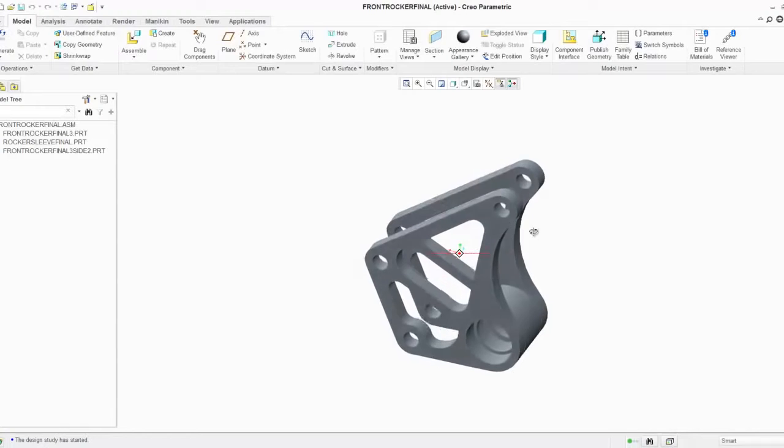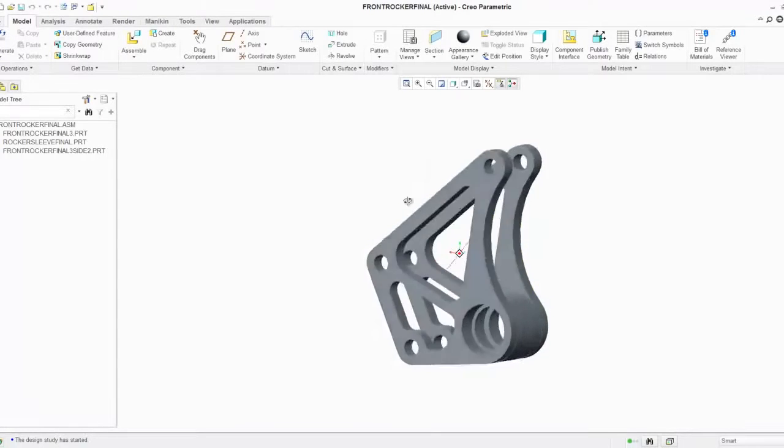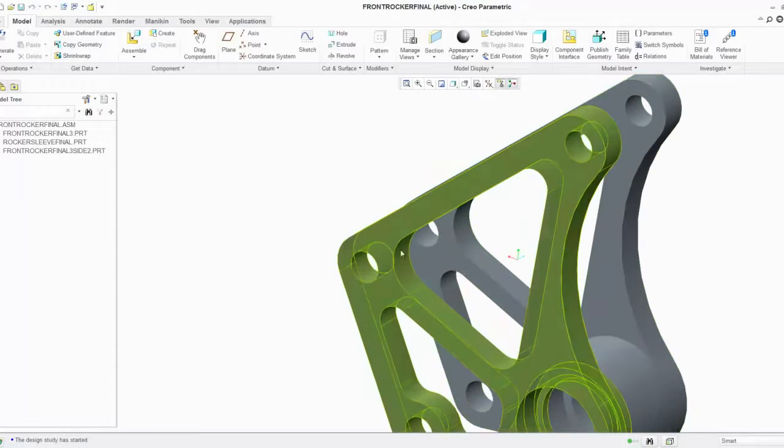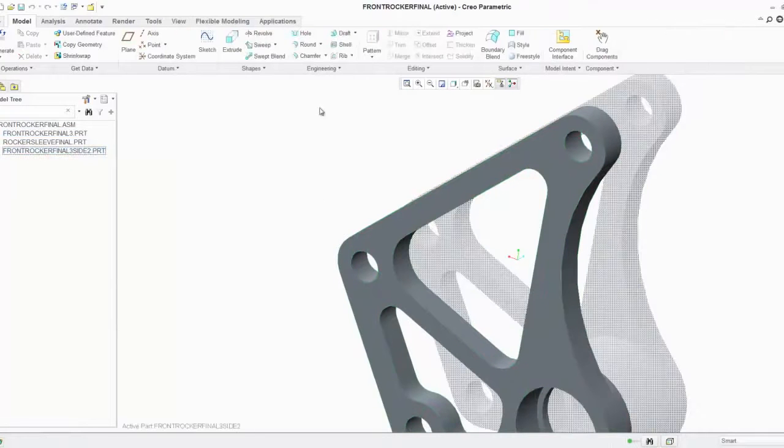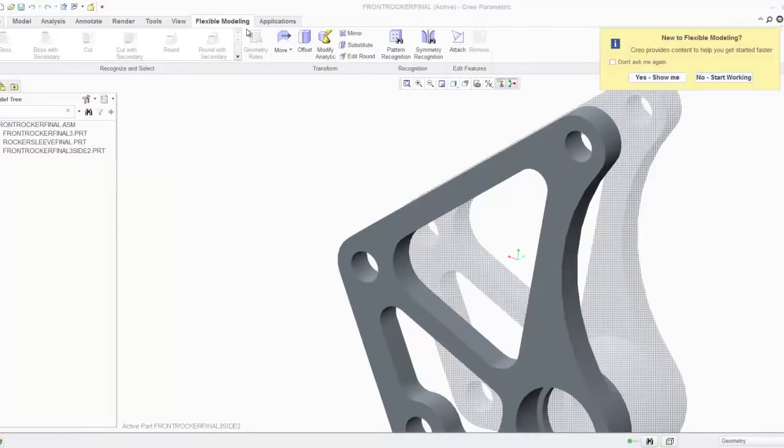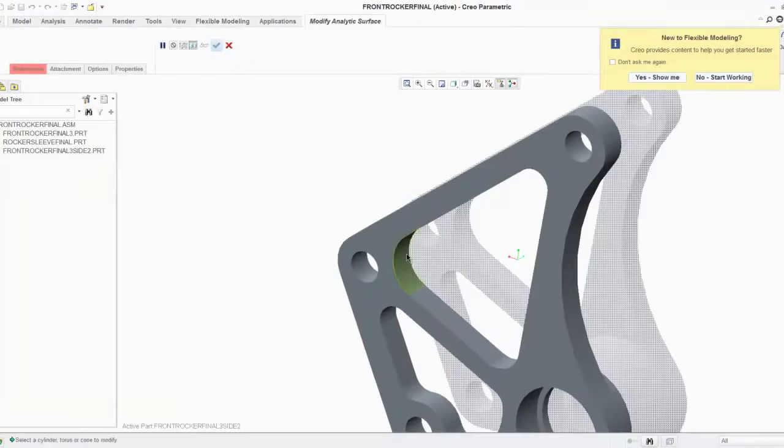And we mentioned the idea of design agility earlier and the use of the flexible modeling tool. So in this case, one of the things I'm interested in is I noticed there was a lot of displacement here, and I maybe want to thicken this product up. So let's go ahead and just select that component within the assembly. And in this case, what I'm going to do is jump into flexible modeling and just alter that round.